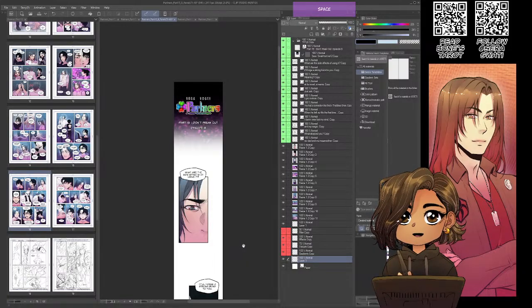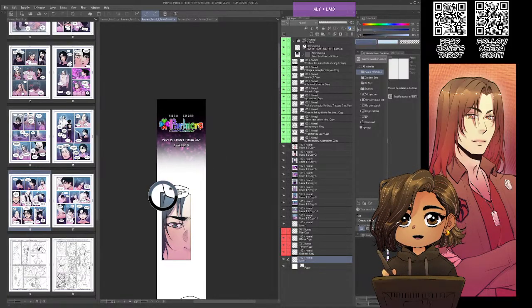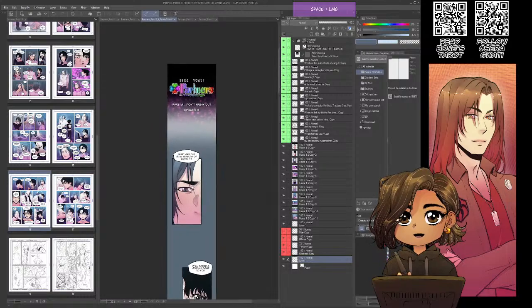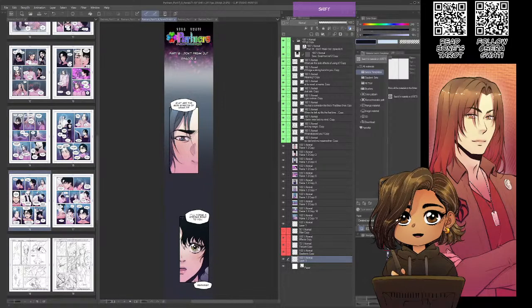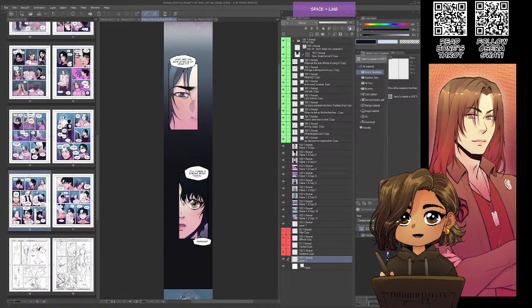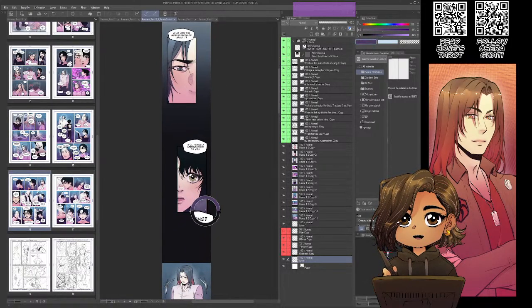Oh wow, this is taking like the entire time. Maybe there won't be work in progress pages this month. That's alright.